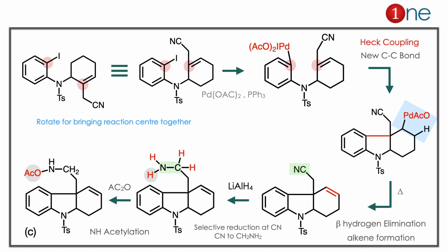Here you have to learn 2 important things. One is Heck coupling. In Heck coupling, you might think of an aryl halide with a nearby alkene. The second thing is that in the Heck coupling the beta hydrogen elimination is important. If at the reaction center beta hydrogen is not available, then the next beta hydrogen is abstracted.